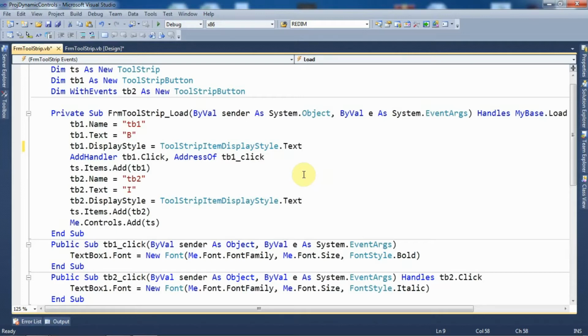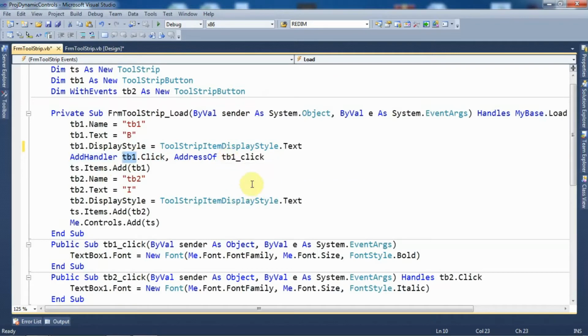Then, as I have not used the WithEvents keyword at the time of the creation of the TB1 object of tool strip button class, I need to explicitly attach the subroutine with the event. For that purpose I have written the AddHandler keyword, that is, I need to add a handler for the click event of TB1, right?